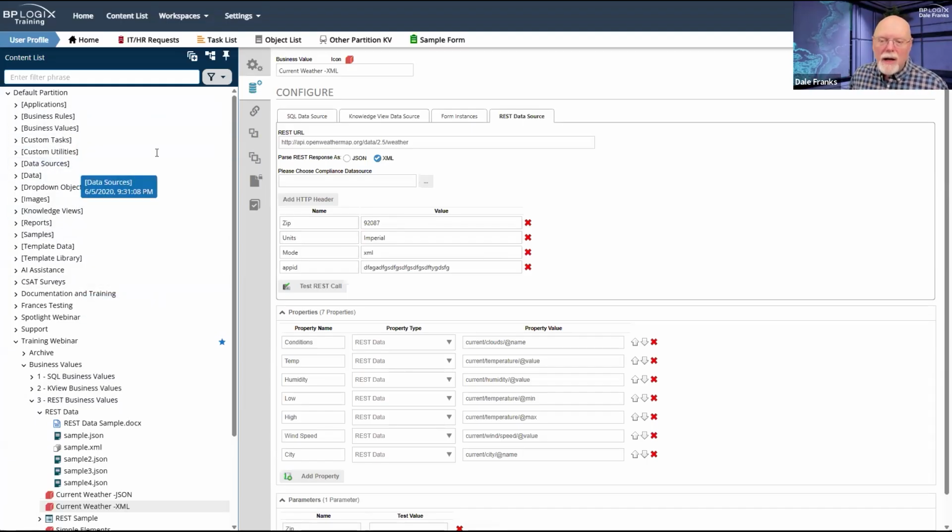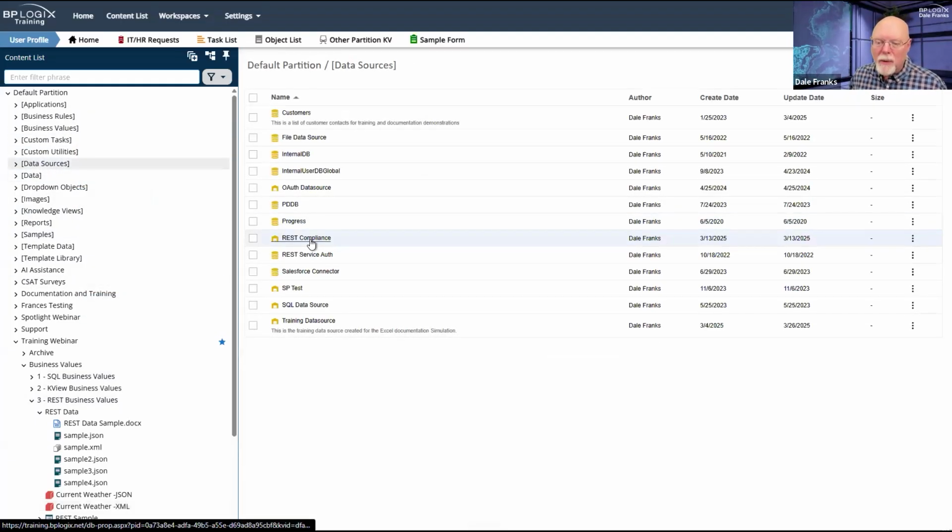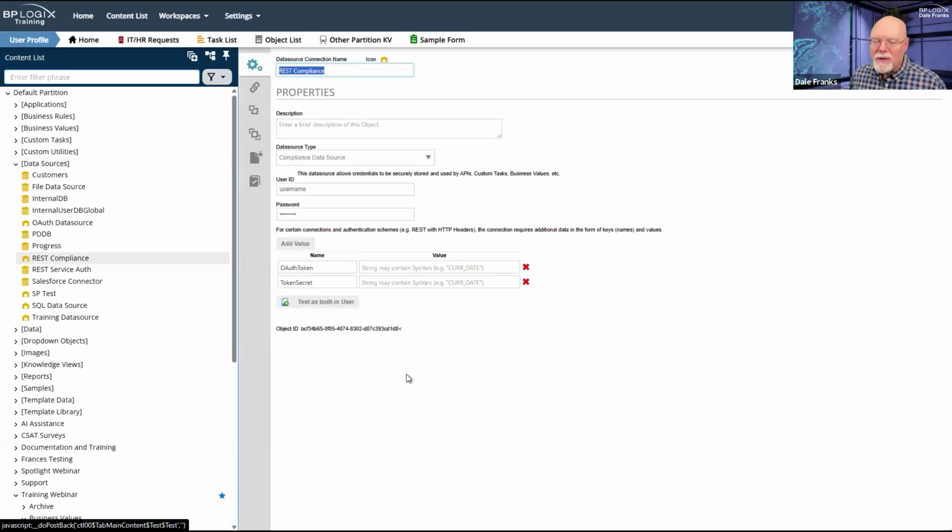But under your data sources, you may have some compliance data sources. So I have this REST compliance data source. This REST compliance data source would pass an OAuth token and a token secret to a REST web service. So it uses OAuth to identify that, hey, you are authorized to log in and see this service.